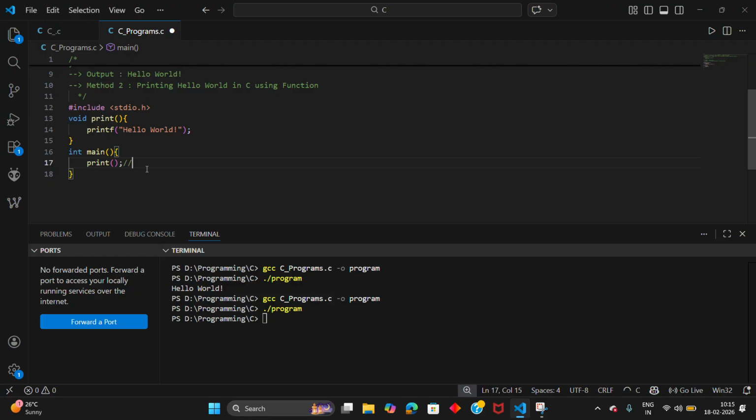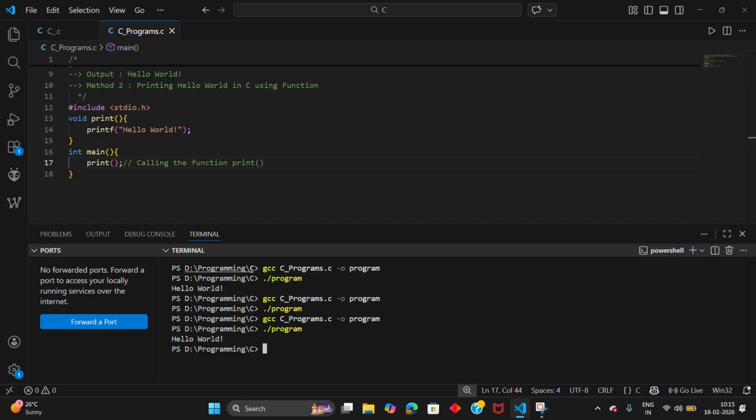This line is called calling the function print. Let me save the code and execute it for you. You can see the output is hello world.